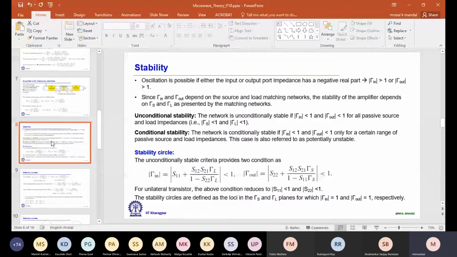A similar situation you might have seen in analog electronics classes, but at microwave frequencies this effect is more prominent for one reason. If you recall in analog electronics, it is mostly due to feedback, different feedback paths, so you have to take care of that. Here it is because of the same reason, but even a small parasitic value can have a significant effect. Let's say C equals 1 picofarad or less; then the corresponding equivalent reactance is much smaller. That's why you have to take special care of this point.